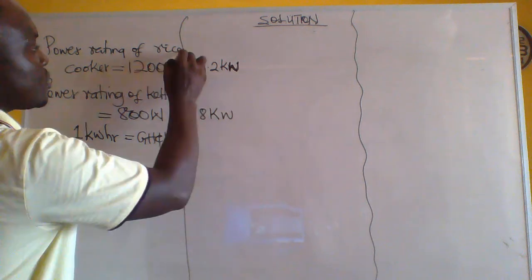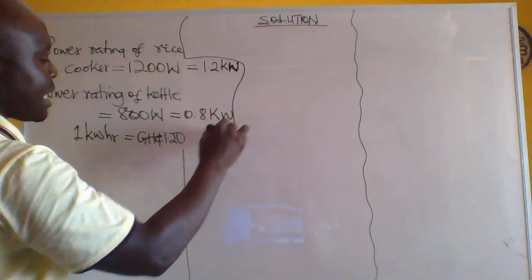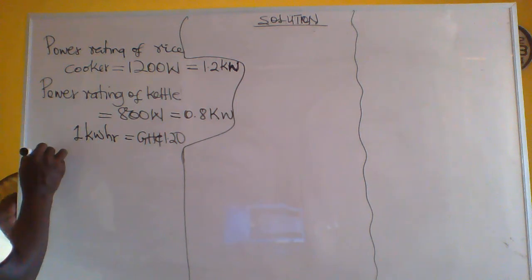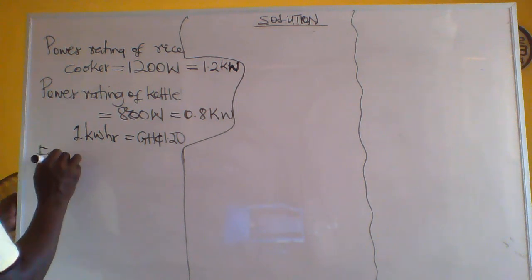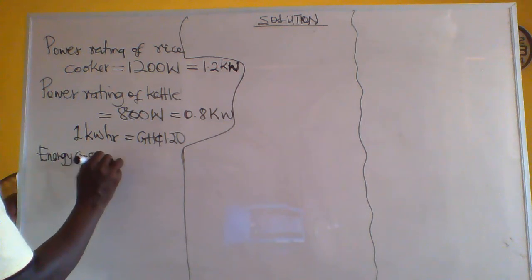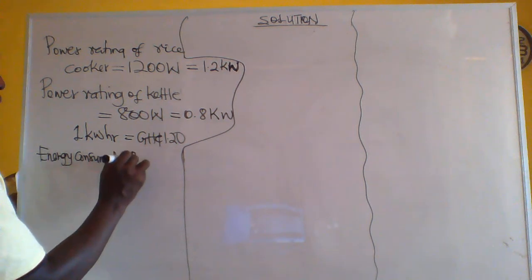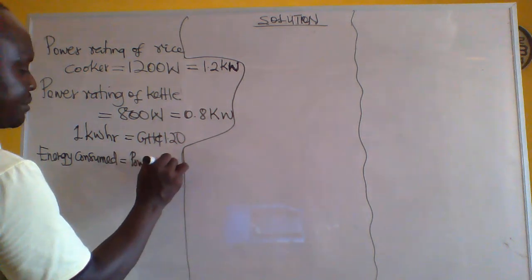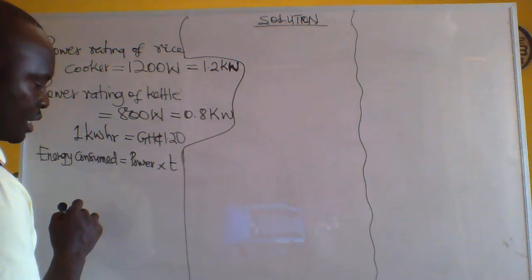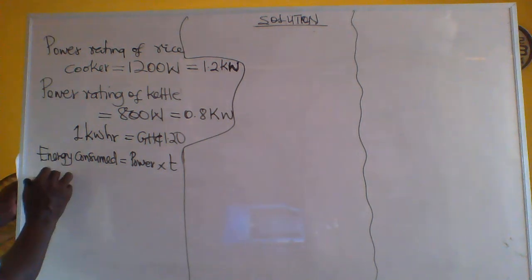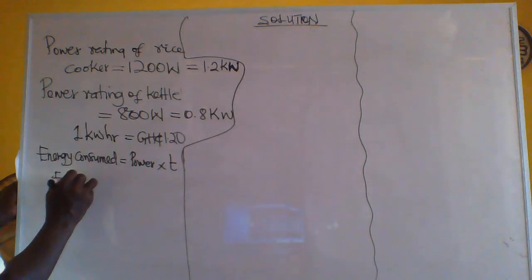All right, so let's then calculate, since energy consumed is equal to power rating of the device times the time taken. Let's determine the energy consumed by the rice cooker